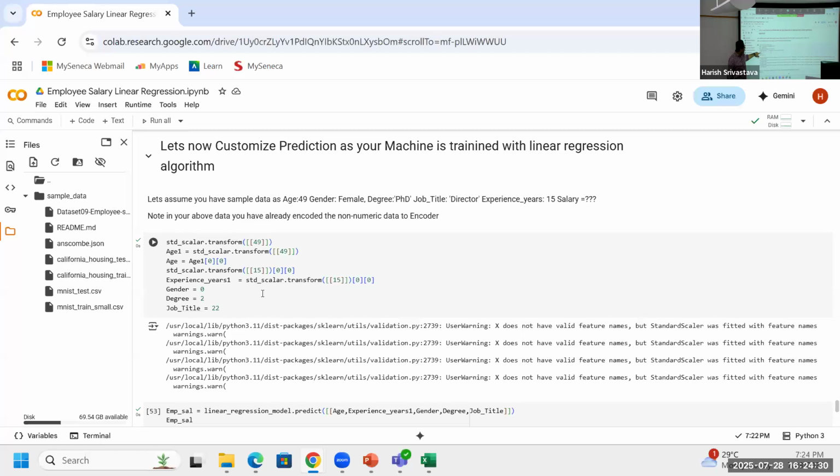Gender is male and female. In this case, female is 0 and male is 1. I know the gender value, so I can directly put it. Degree is 2 because PhD is 0, 1 and 2. The ones which I know, I can directly put. Job title is 22 because director: I checked the column, 174 different instances, and found the director position is 22. I just put it. Now you simply